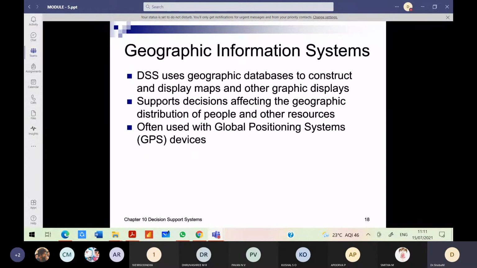Moving next, we discussed management information system and how MIS helps the decision support system, which was covered in the previous class. Now it is geographic information system.